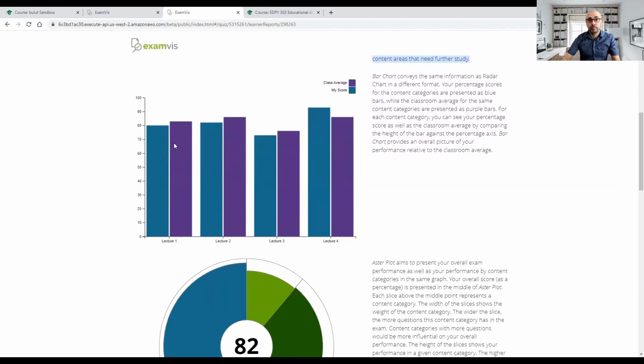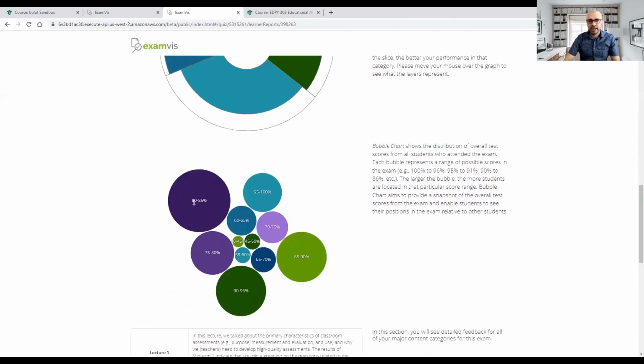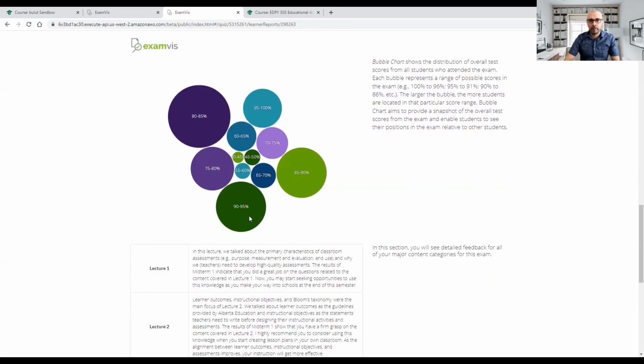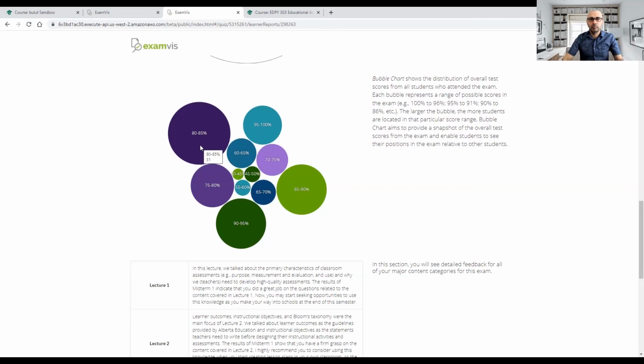And we have some additional visualizations, pretty much giving the same information with multiple charts, whatever they prefer, they can use. So they can see the classroom distribution here. This is kind of like a bubble chart. The size of each bubble indicates the number of students falling into each category. So if I move my mouse over this category, I see that in this particular class, there are 31 students who got between 80 and 85. We have some students who got 85 to 90, some students who are really high, and there are fewer students in these smaller categories. So the bubble size is smaller, meaning that there are only like 1 or 2 students, maybe not many. That's why the size of those bubbles is proportionally related to the number of students falling into that category.